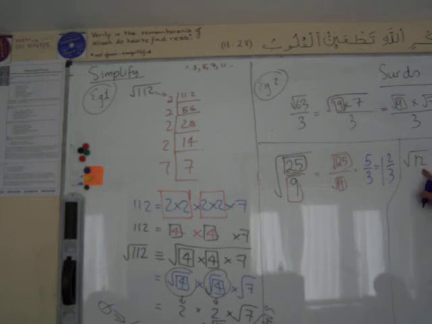Now, when you look at a number, you should be thinking square numbers. What square numbers does this number contain? So the number 12, does it contain square numbers? Think, factorize the number in your head. It contains what? 4 and 3. Put 4 in that colour. And put 3 back into